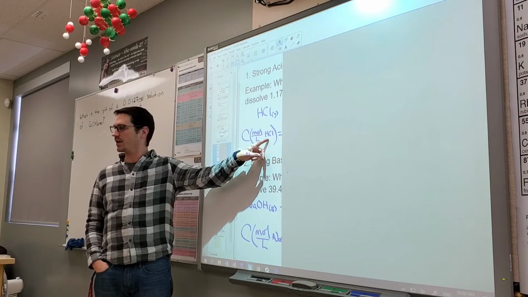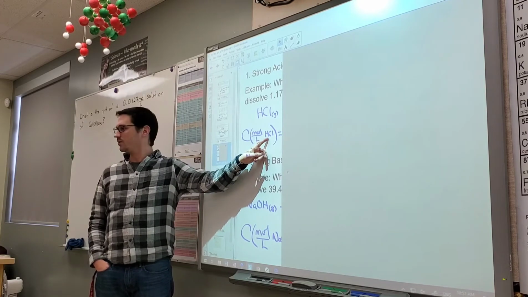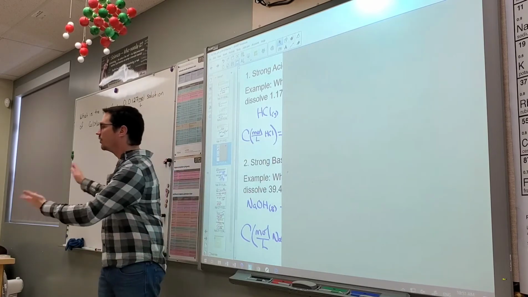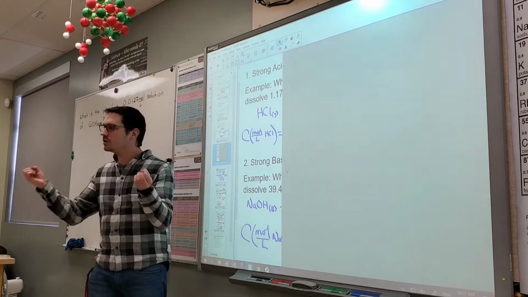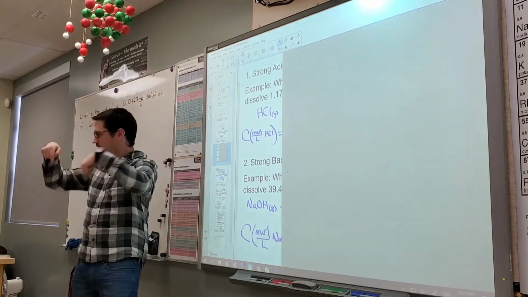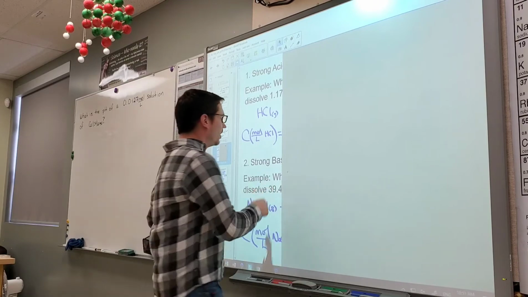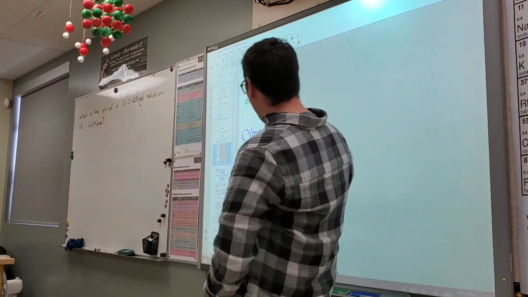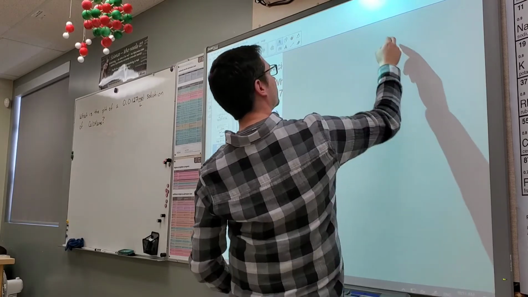Moles of hydrochloric acid. What unit do we want on the bottom? Liters of hydrochloric acid. Cancel out every other unit. Every other unit is useless to you, okay? The only two units that matter to you are moles of hydrochloric acid on top and liters of hydrochloric acid on the bottom, okay? That's the way we would do this. So if I want moles of hydrochloric acid on top, and we're being given, holy guacamole,